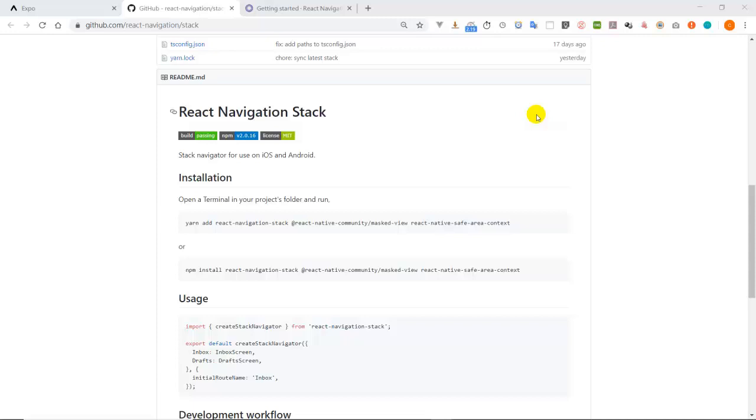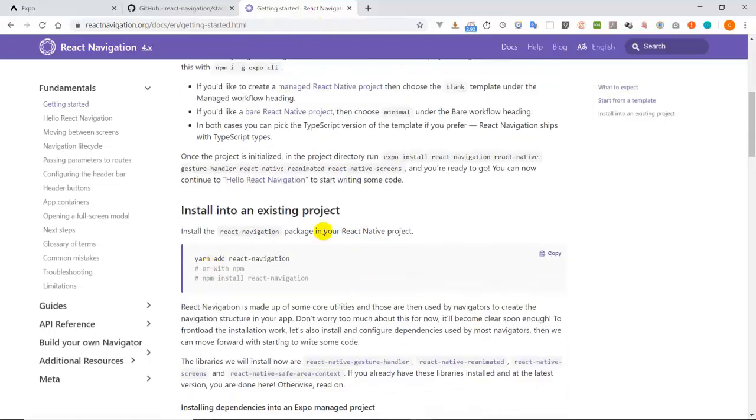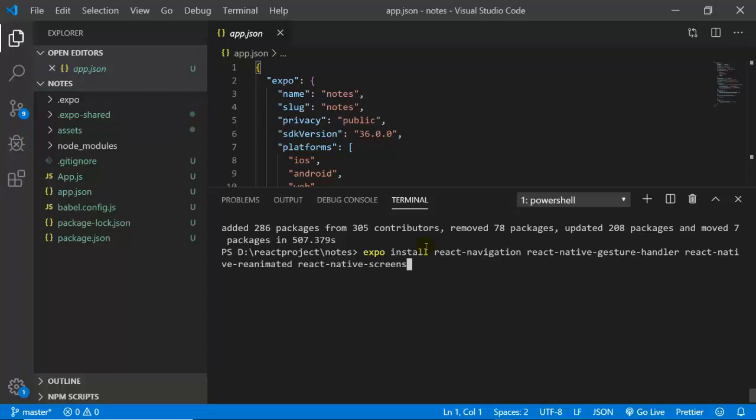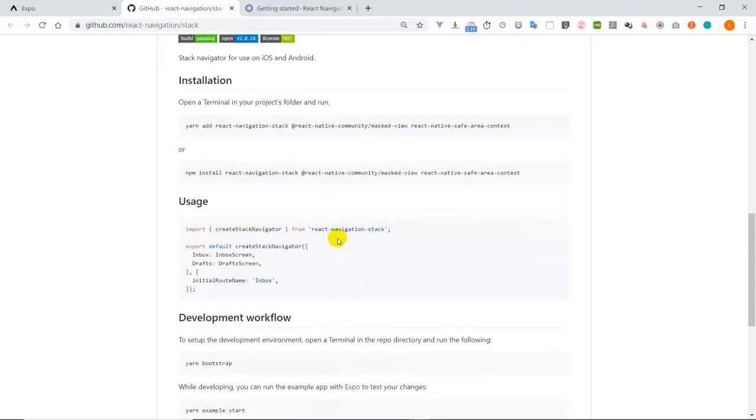and paste the command here to update the Expo CLI. Now we are going to create some navigation, and to create a React navigation we have to install these modules. So we have to copy these and go back to our project, and then we paste them in our terminal. And for the new React Navigation, because createStackNavigator has changed position and needs to be imported from React Navigation Stack,